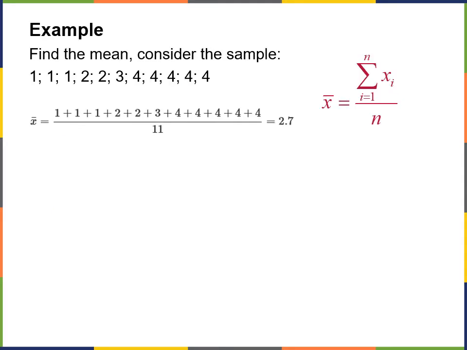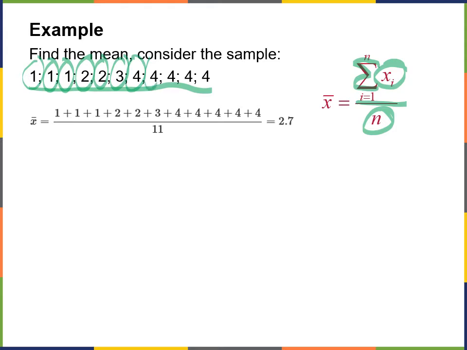So here's a very quick example. Say this is our sample, okay? And I want to find the sample mean. So what I'm going to do is add all those sample values together and then divide by the total number. Well, if you count them up, you have 1, 2, 3, 4, 5, 6, 7, 8, 9, 10, 11. So if we add them all up and then divide by 11, that would give us a sample mean